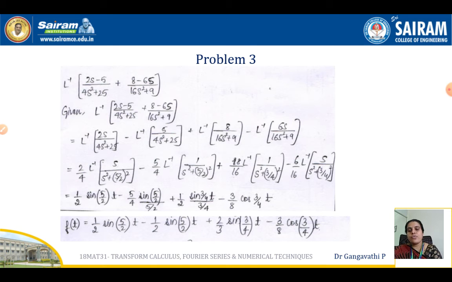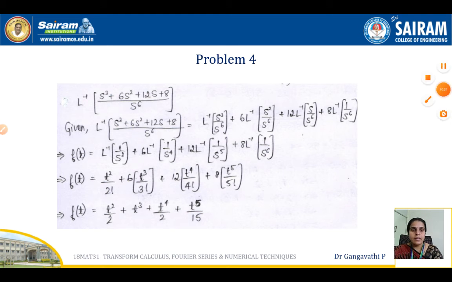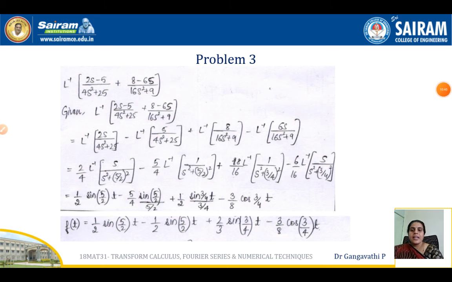now this 4 by 2 gives you 1 by 2, and s divided by s square plus 5 by 2 the whole square is nothing but, okay, so it is in the form of s by s square plus a square, which is the L inverse of cos at actually. Cos at, and okay, there's a small mistake here. Yeah, so continuing with that, there is a small correction here, and this is not sine, it must be cos.